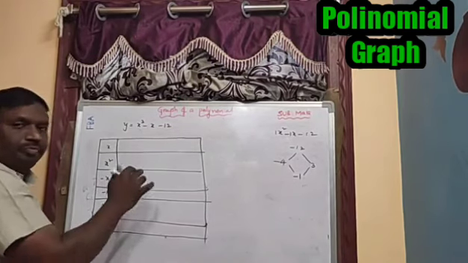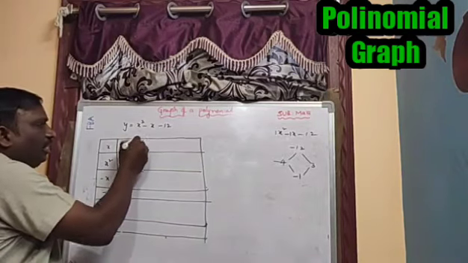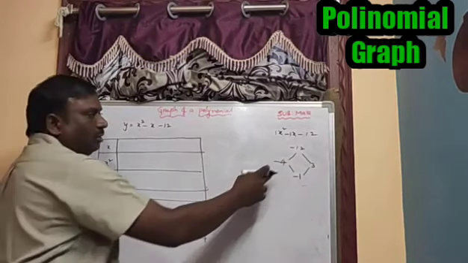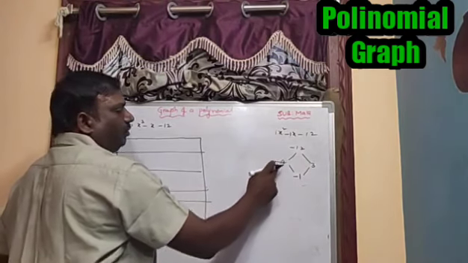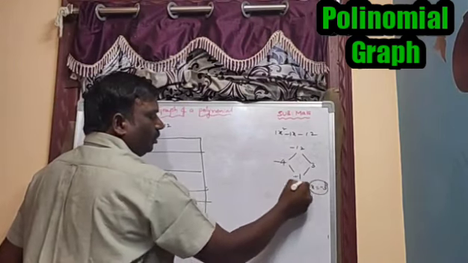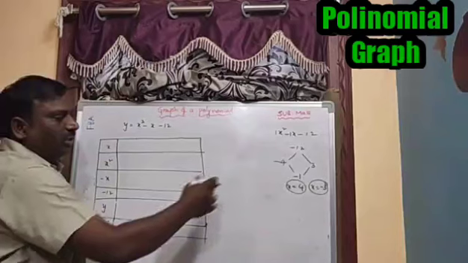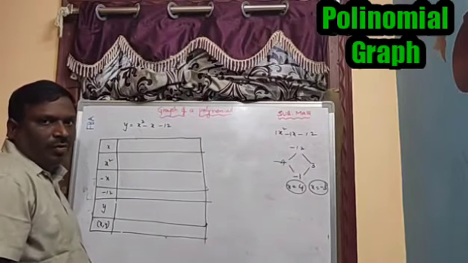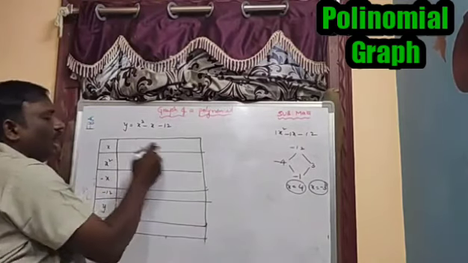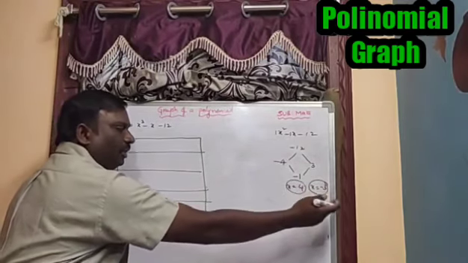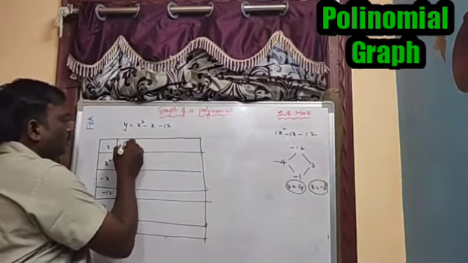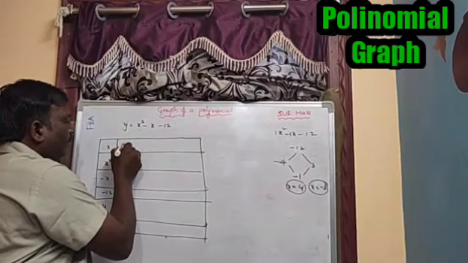So now I'm taking the x values. We know the zeros, -4 and 3. So when the coefficient of x square is 1, the zeros are 4 and -3. So up to 4 we have to take. After that, one more value. Next, before that, 0 we have to take.